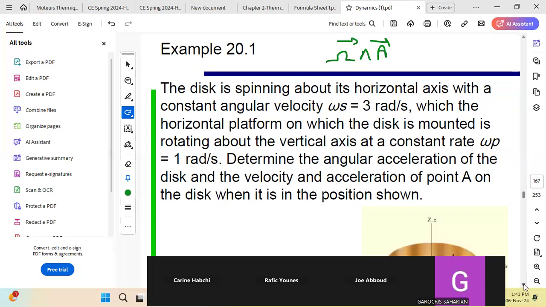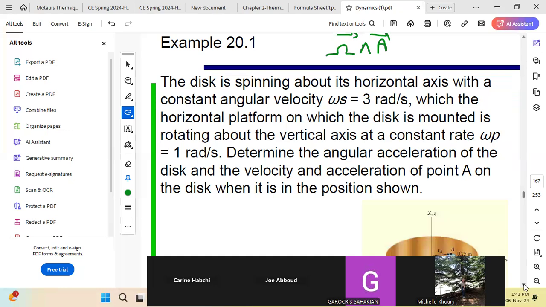Exactly, this is the new thing in this chapter. Omega is not anymore along k or minus k. It can have several components. And since it can change in direction, when you find alpha, part of it will take into consideration change in magnitude, and another part will take into consideration change in direction. While in 2D